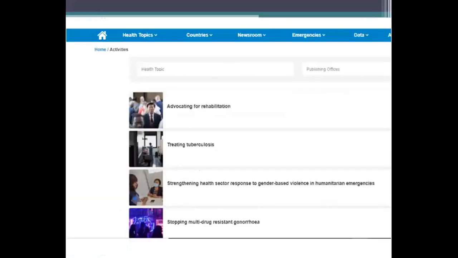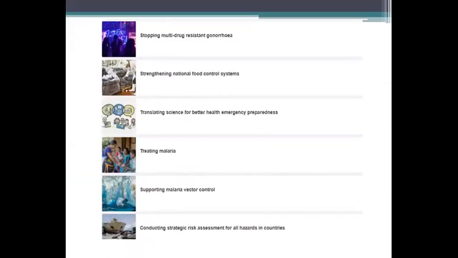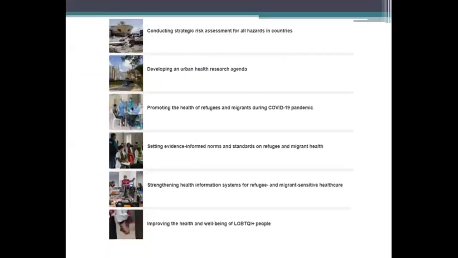biological, and pharmaceutical products. Some activities include advocating for rehabilitation, treating tuberculosis, strengthening the health sector response to gender-based violence and humanitarian emergencies, stopping multi-drug resistant gonorrhea, strengthening national food control systems, translating science for better health emergency preparedness, treating malaria, supporting malaria vector control, conducting strategic risk assessment for all hazards in countries, developing an urban health research agenda, promoting the health of refugees and migrants during the COVID-19 pandemic, setting evidence-informed norms and standards on refugee and migrant health,